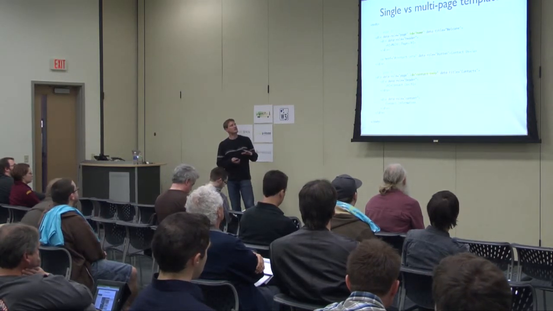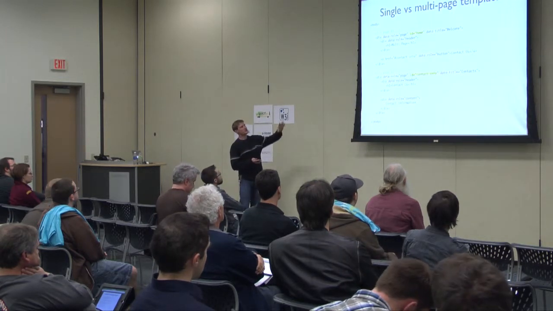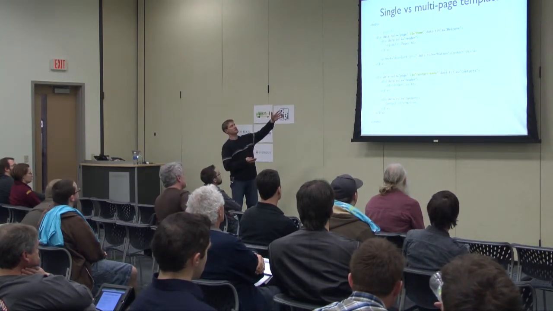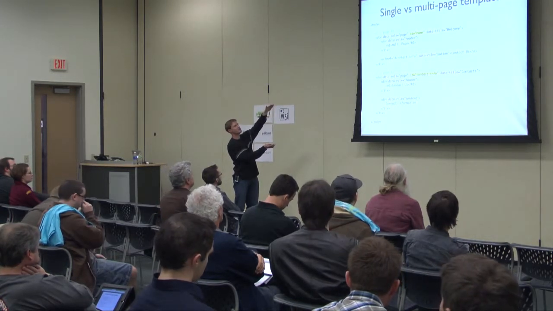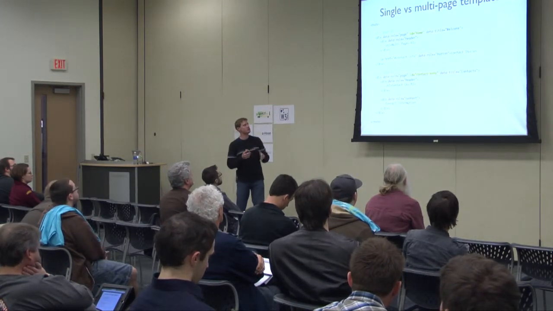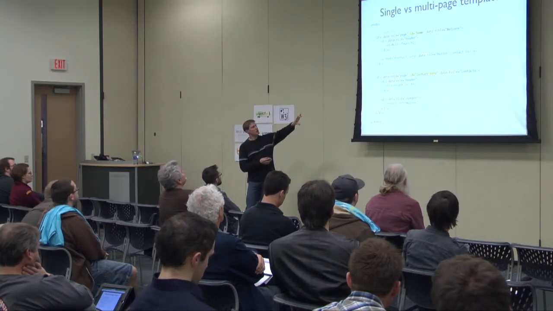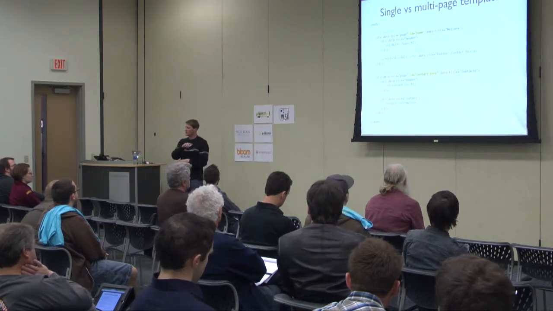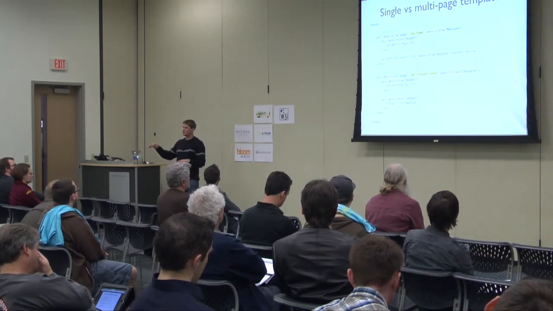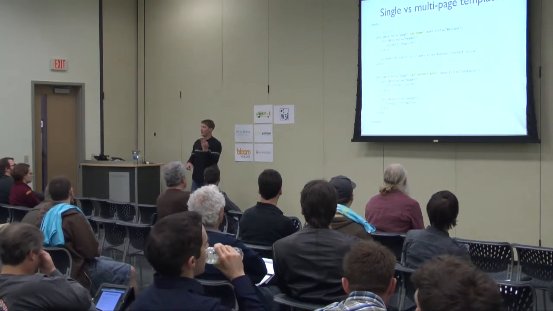jQuery Mobile has a single page template to choose from or a multi-page template. So here's an example of a multi-page template. You really have one HTML file, within this body element, but you can embed multiple page containers in it. Now this would be a good use case, for instance, if you had a strict flow within a use case. So for instance, if someone's going to go to this page, and you know they're going to go to this next page,